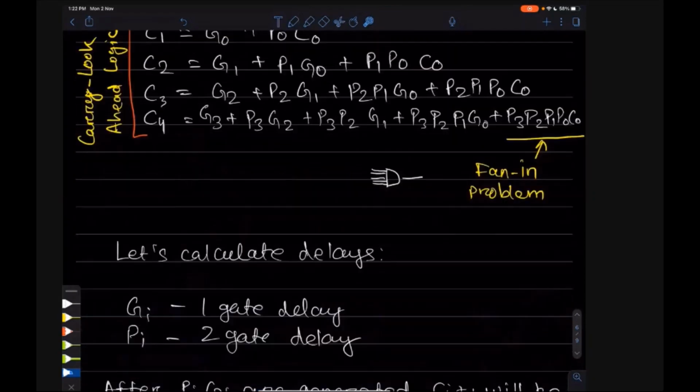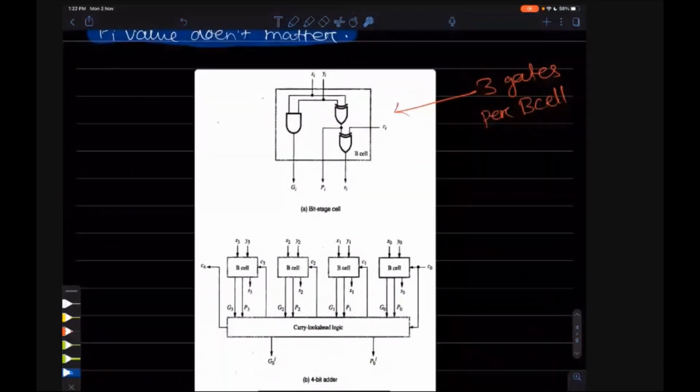Understood or not? First 2 gate delays are for generating P3 and G3, or P1 or G1, whatever, because all are generated parallelly. All P and G values are generated in 2 gate delays, because P has to go through an XOR gate.